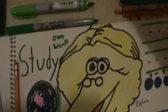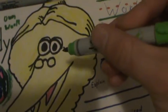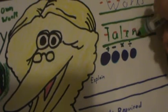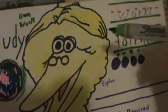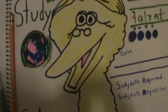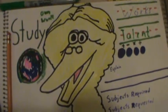You have pairs for the reading glasses right here. It's talking about in your own words, you explain. From all the subjects that you could think about, how do you explain this or how do you explain that is knowing about the talent. There is a way you can explain how you did this or how you did that, or how you arrived at your answer. That skill and talent, with most kids between the subjects required and the subjects requested,